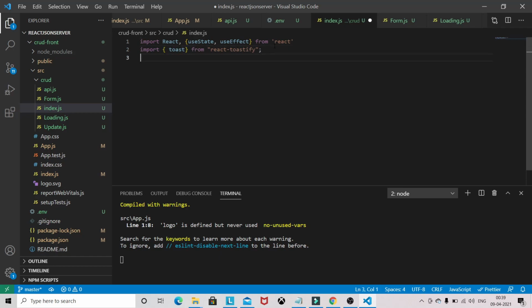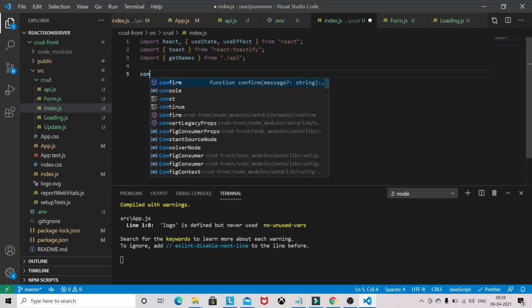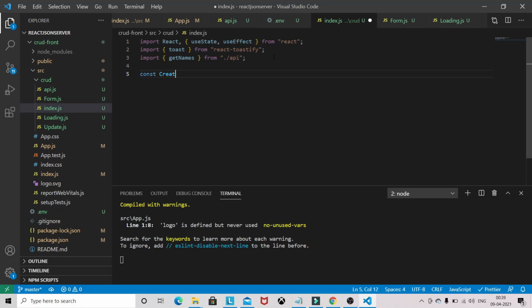And we need the API. From the API we need getNamesAll, so it will return all the names. Okay, let's start. Just give it the name Crud.